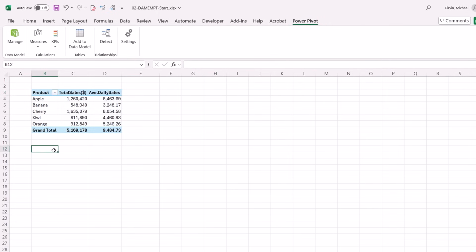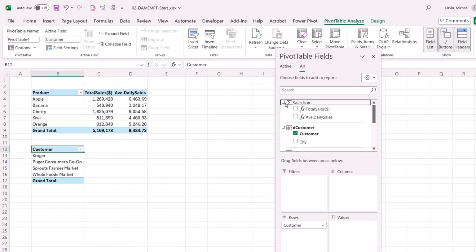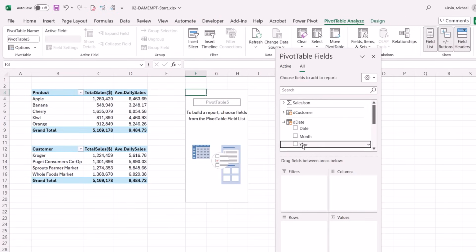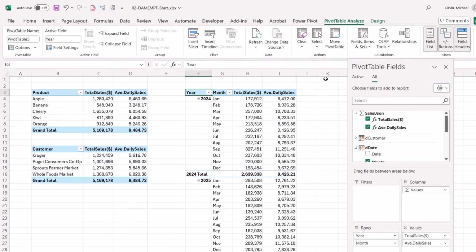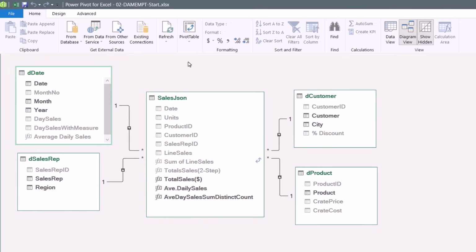Now let's create another pivot table. Alt-NVD, Enter. I'm going to do a customer, both measures. Click here, Alt-NVD, Enter. And we'll do a year and month. And there's my lovely measures. Every single time they have the correct name and the correct formatting. And we can see here the average daily sales for March 2024, 10,708. 9,426 daily average sales for the year 2024. We imported our data with Power Query, created our relationships, our measures, hid the correct fields, and bam, our data